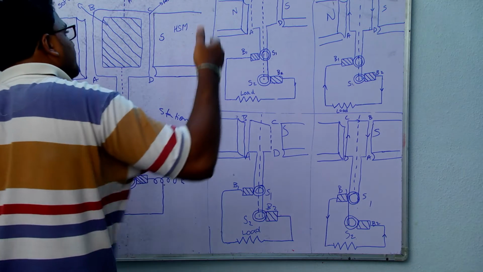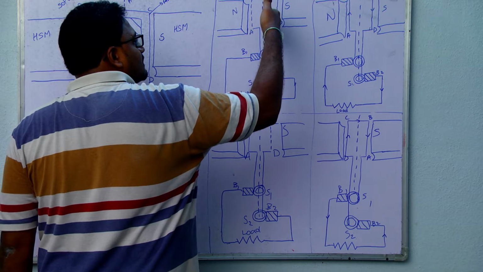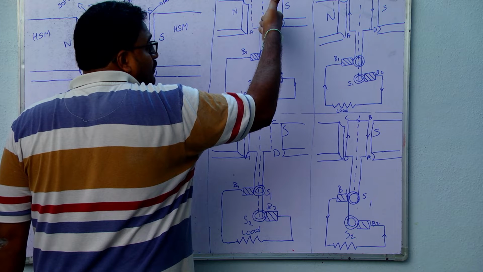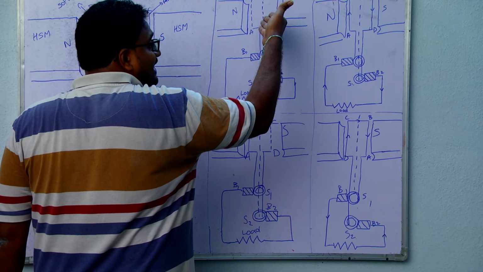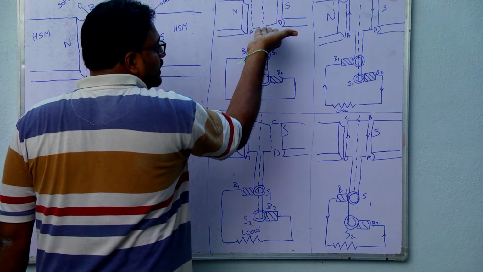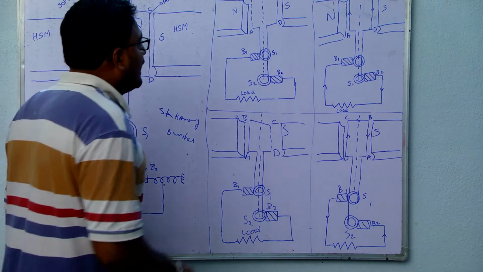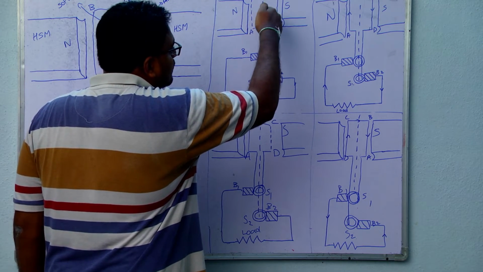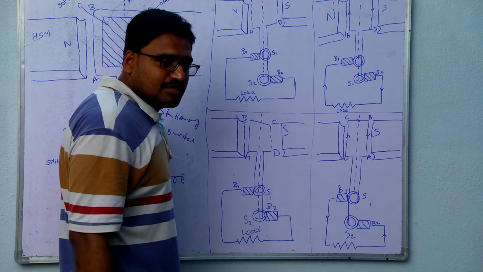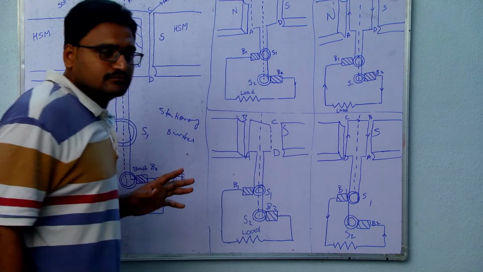Initially, when the coil is perpendicular, normal to the magnetic field, the maximum number of field lines passes through this coil. By rotating in the clockwise direction, the number of field lines passing through this coil decreases, and when the coil is parallel to the field, the number of field lines crossing the coil is zero. So as I am rotating like this, the field lines crossing the coil change, so the flux linked with the coil changes, and so EMF is induced across the ends of the coil, isn't it?